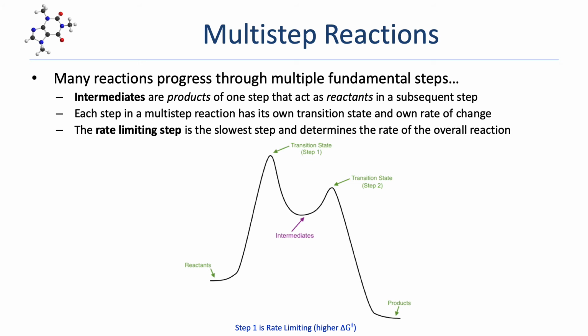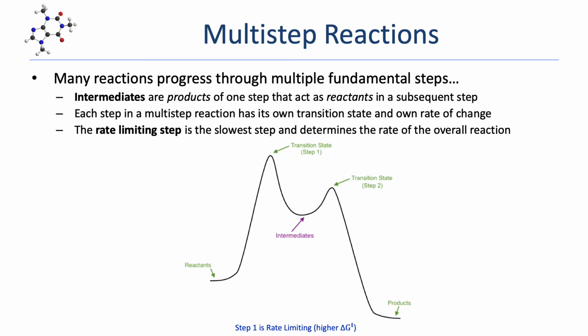So here I have a free energy diagram of a two-step reaction. You can see that the initial reactants go up in energy as they react through a transition state and then down to a set of temporary products called intermediates. Intermediates are actually the products of one step that will then serve as reactants in a subsequent step. So here, these intermediates will now react further with each other, going through another transition state, leading to the final